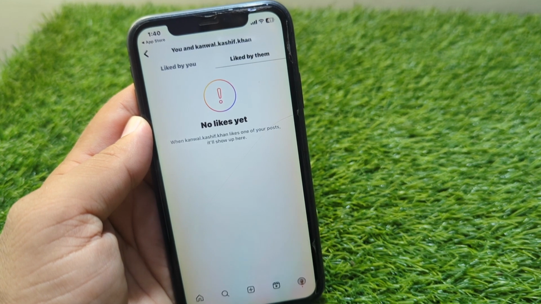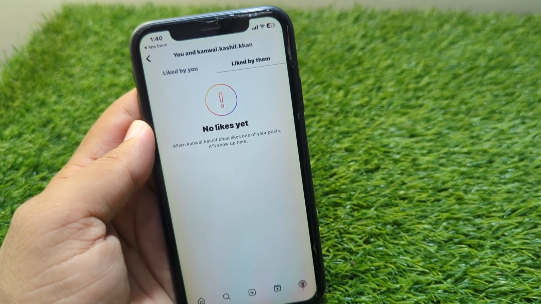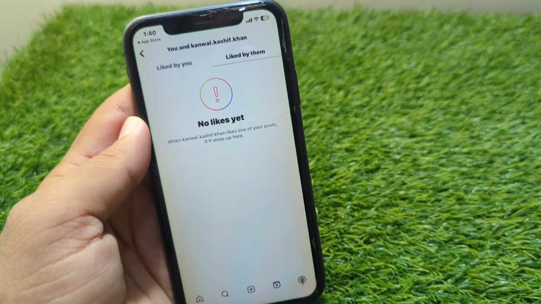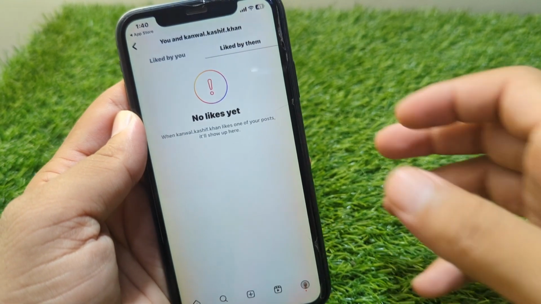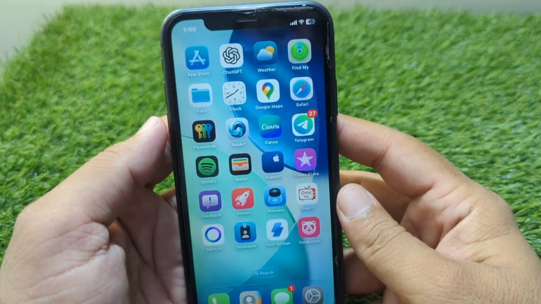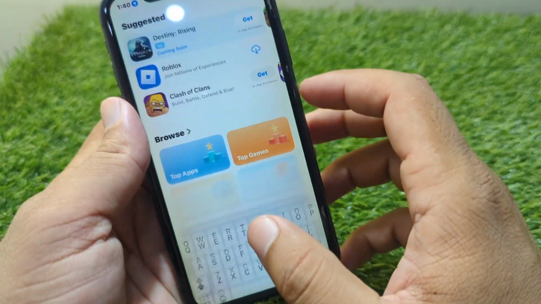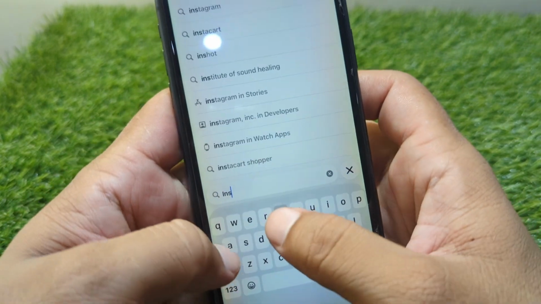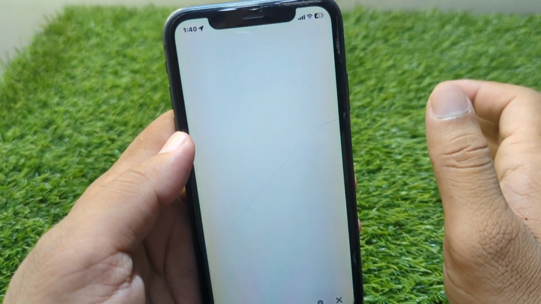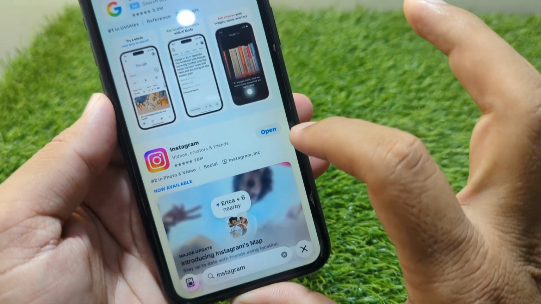So guys, in this video I'm going to show you how to check someone's likes on Instagram. So guys, if you want to check someone's likes on your Instagram account, here I will show you how you can do this. So guys, for that you have to simply go back to your home screen, and now you have to simply open your App Store or Play Store and search here for Instagram. And now you have to simply download and install the latest version of the Instagram app on your device,